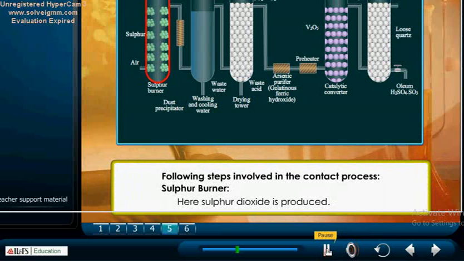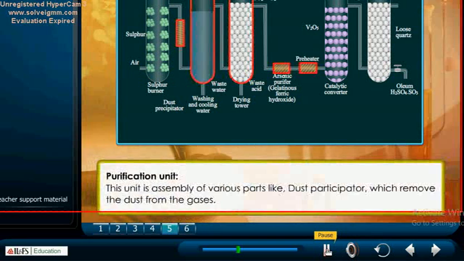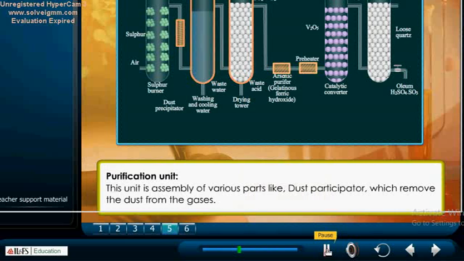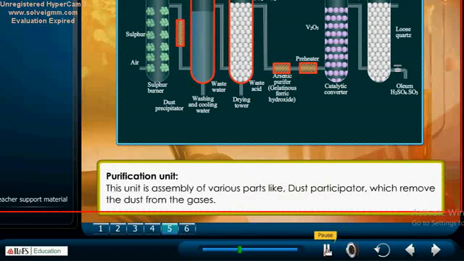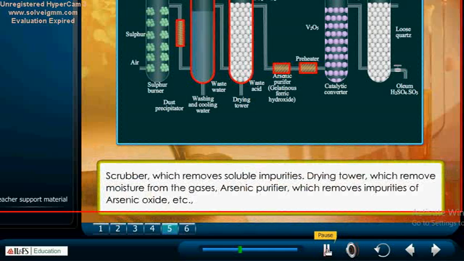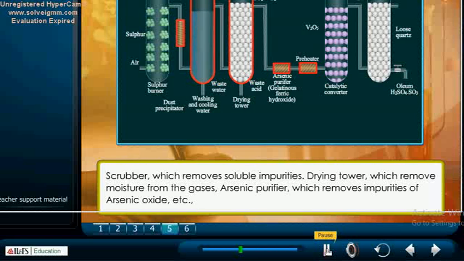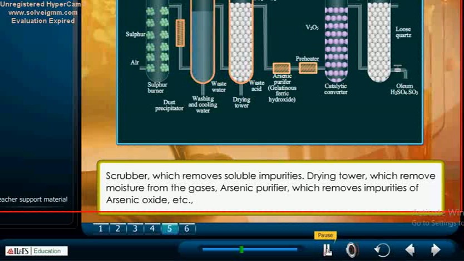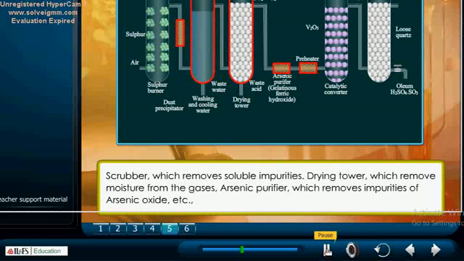Sulfur burner. Here, sulfur dioxide is produced. Purification unit. This unit is an assembly of various parts like the dust precipitator, which removes the dust from the gases, scrubber, which removes soluble impurities, drying tower, which removes moisture from the gases, arsenic purifier, which removes impurities of arsenic oxide,